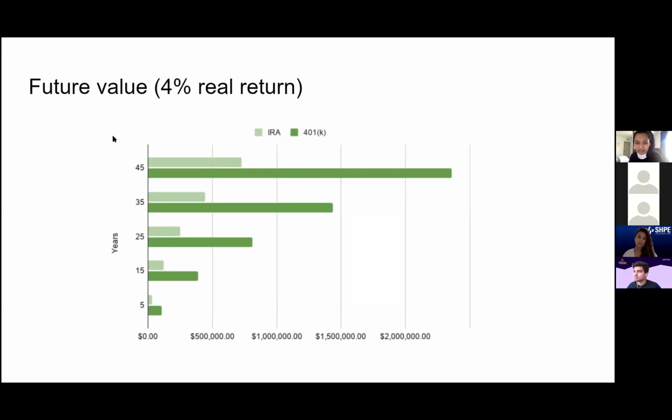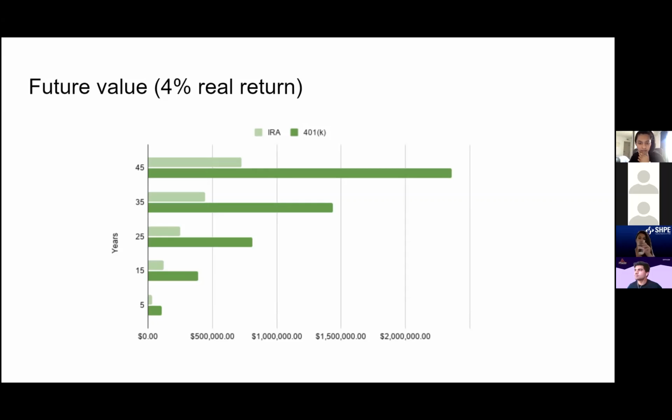And so again, if you save the maximum in your 401k, that's $19,500, and that's just ignoring the company match, that takes you out to about $2.3 million. So I said before, $1.5 million. Oh my God, that's a lot of money. But over the course of a career, if you make regular contributions, you can hit these numbers without a problem. But it's up to you. You have to save. I said in the speaker notes, this is America. It's up to you. No one's going to do it for you.